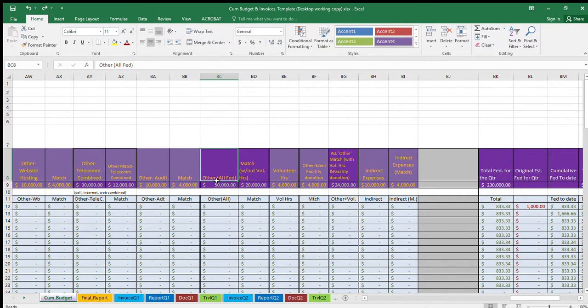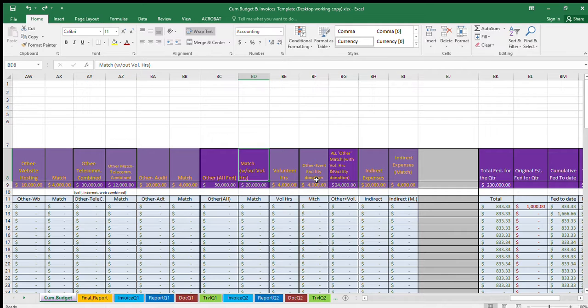I put all the federal totals up here, and then I have for our other category the match for it, but without the volunteer hours included, because I found times I needed that number for all the match for my other category, but it needed to not include my volunteer hours or a facility donation